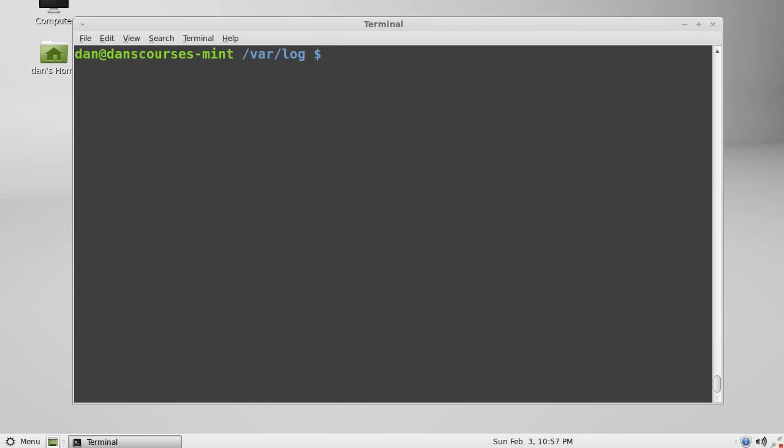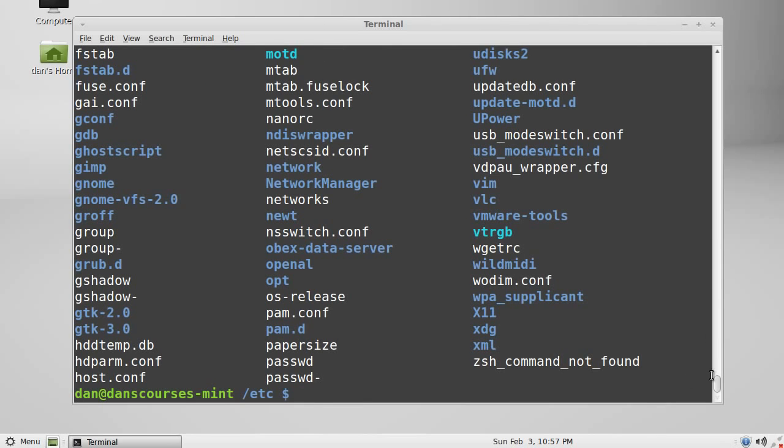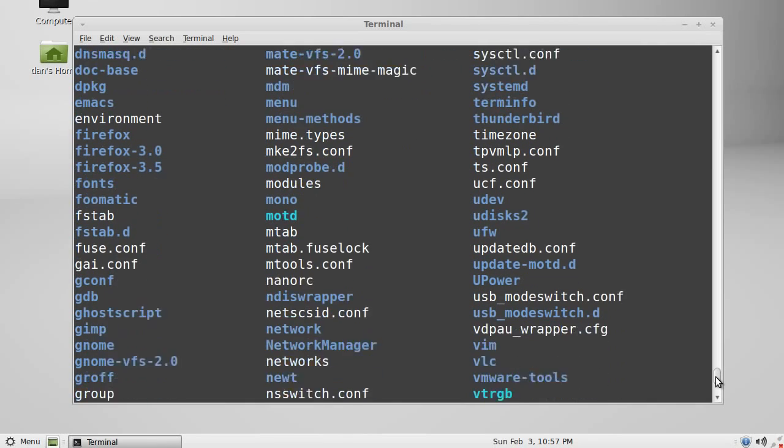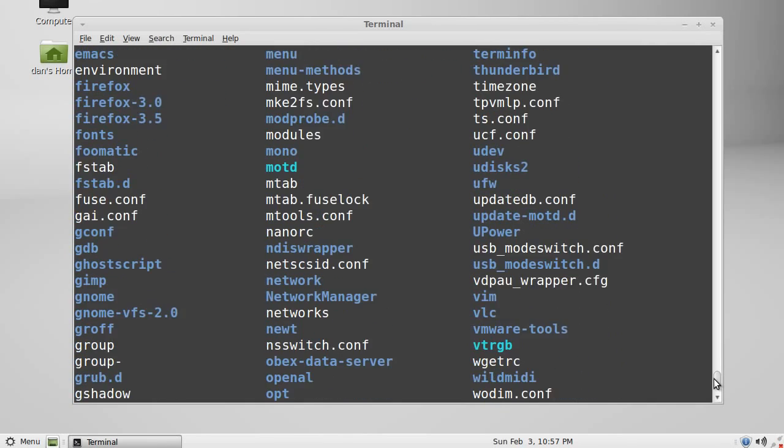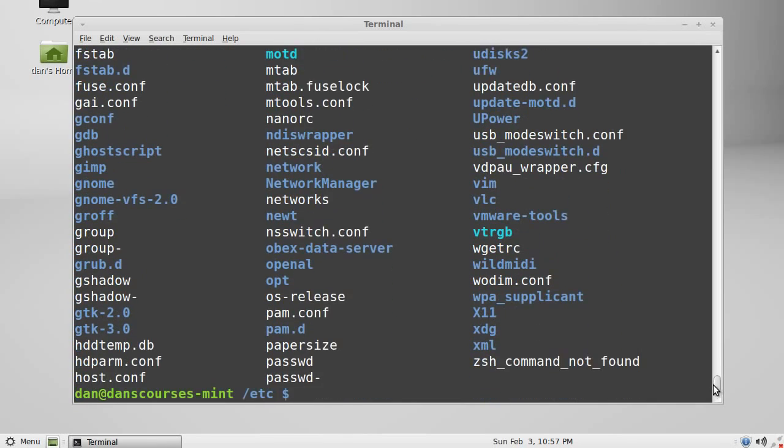Let's look for some other instances in which we can use the grep command and the pipe character. So this time we're going to change directory, and we're going to look into the root and then etc directory. And if we look in here and do an ls command, you can see that there's lots of directories and files. The blue indicates directories, the white indicates files. And if you look here, you can see an interesting file. This is the passwd file. Let's take a look at it. So we'll cat the